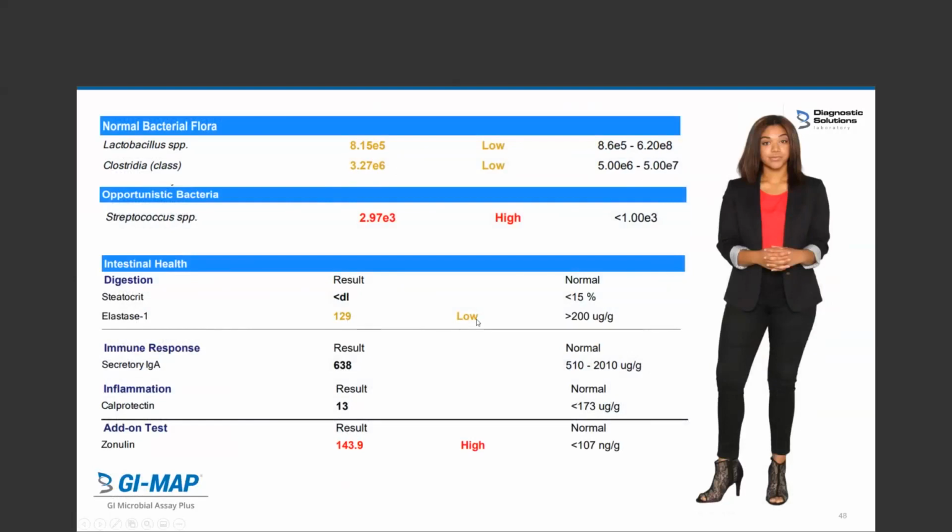And sometimes it's obvious, in lower population studies, elastase is lower with people on vegan, vegetarian diets, but once you go below 200, there could be some pancreatic insufficiency. Immune markers are fine, but she may have a little bit of leaky gut,